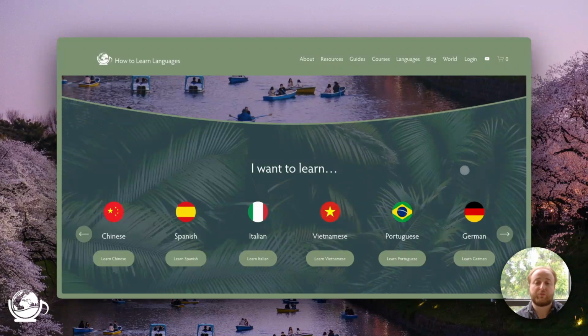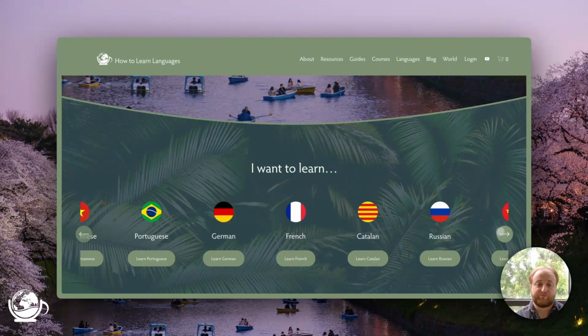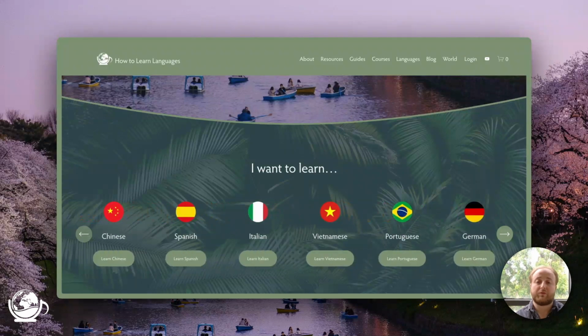So for example, Chinese, as in Mandarin Chinese, Spanish, covering both Spanish in Spain, Castilian Spanish, and Latin American forms of Spanish, Italian, Vietnamese, both northern and southern forms of Vietnamese, Portuguese, again both Brazilian Portuguese and European Portuguese, German, French, Catalan and Russian. So you can choose between these to find free resources for learning any of these languages. So for example, if we click on Italian,